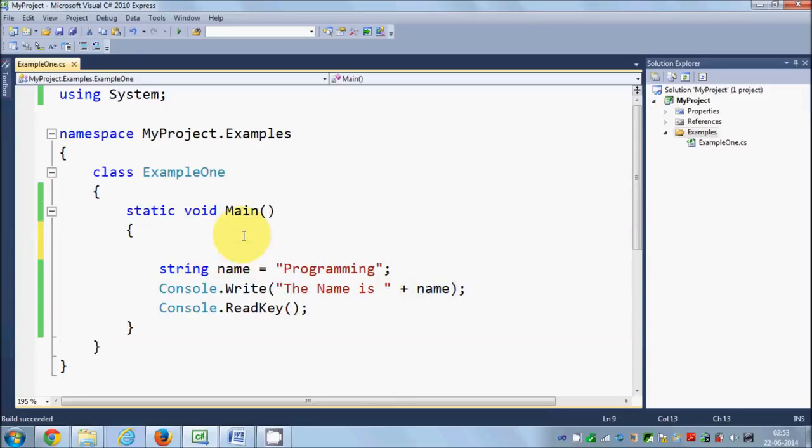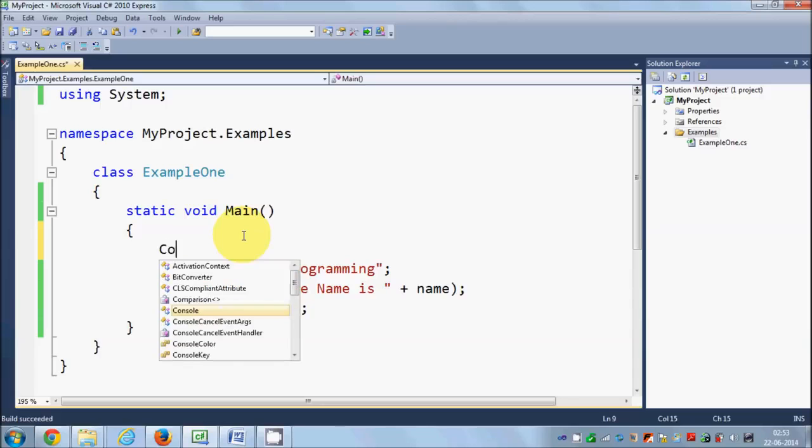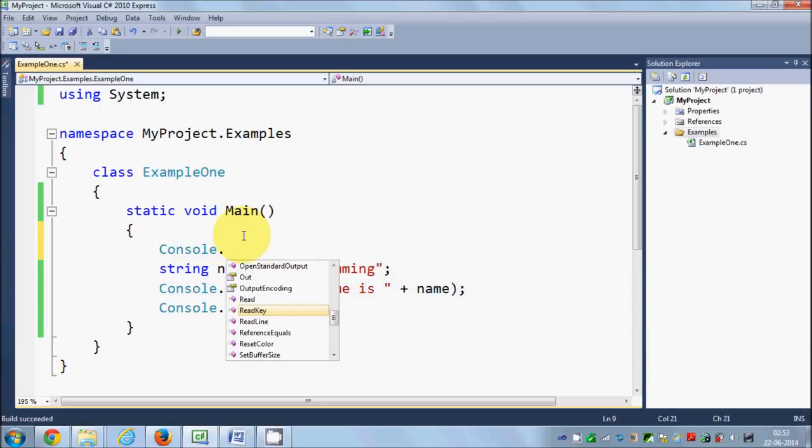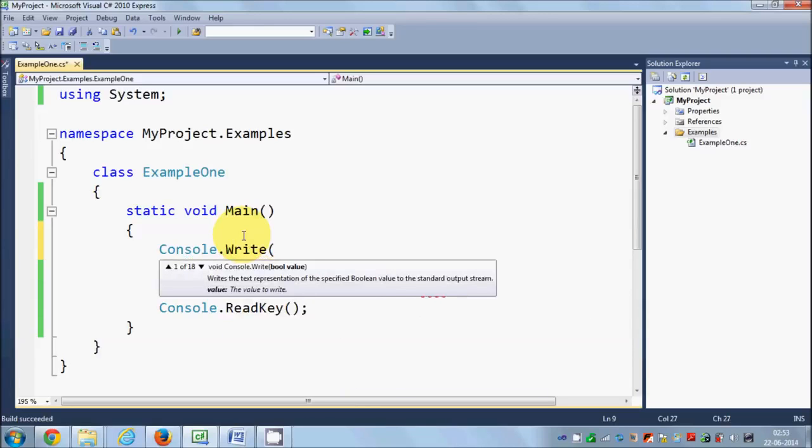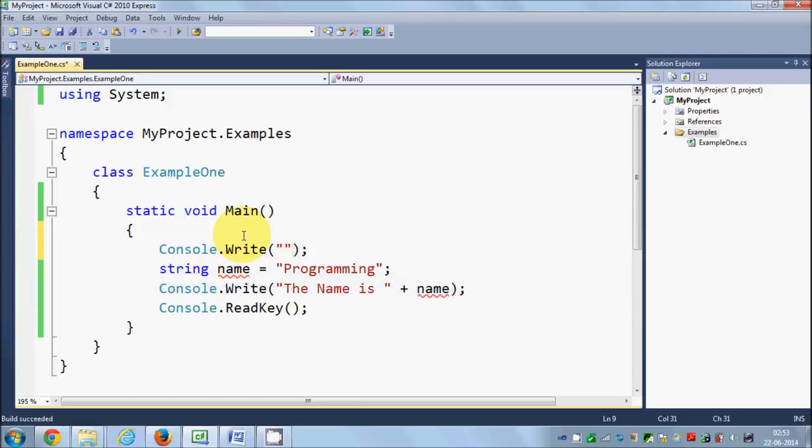What you can do is, once again I will go on the top and write Console.Write, and inside I will give a string and say "please enter some name". And then instead of assigning the name to this variable, I will ask the user to give the name. So I will just delete this, and instead of this I will write